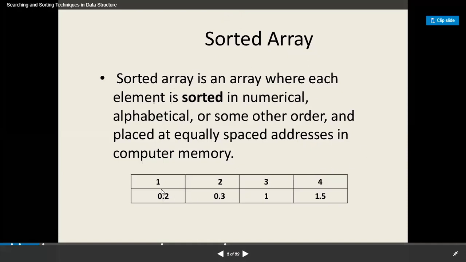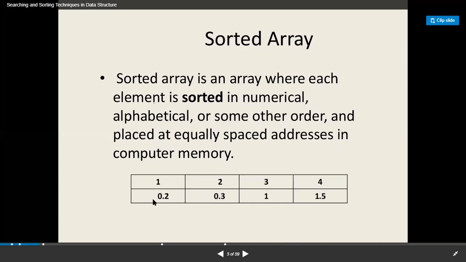If you look closely, this is an array with index 1, index 2, index 3, and index 4. The elements of this array are 0.2, 0.3, 1, and 1.5. As you can see, this is called a sorted array. Why? Because each element is sorted in numerical or alphabetical or some other order and placed at equally spaced addresses